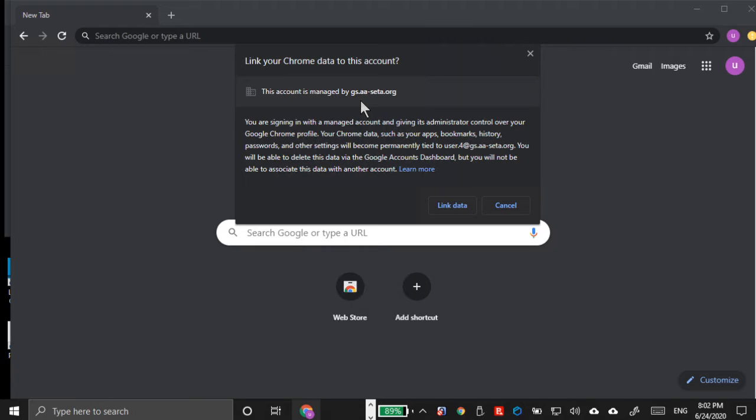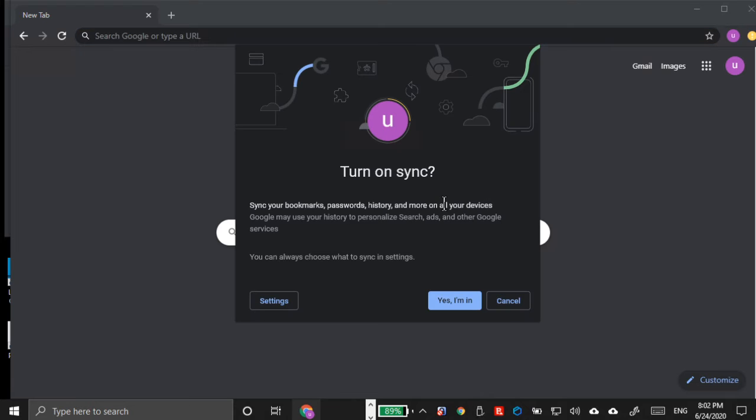Your own personal account you wouldn't do this with, but with the SETA account you would. And so you want to click link data here. And then the next screen is turn on sync. And you're going to want to do this too. This will sync your